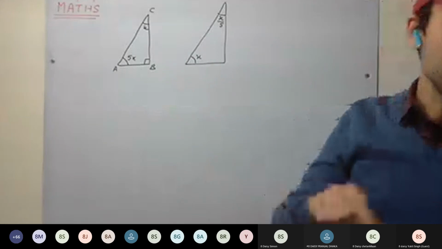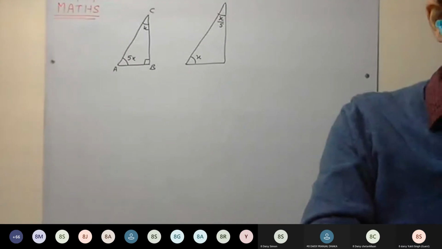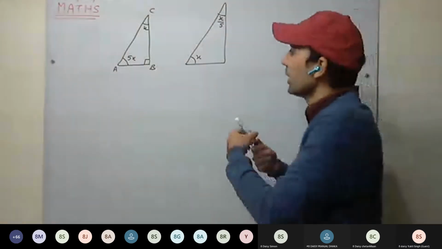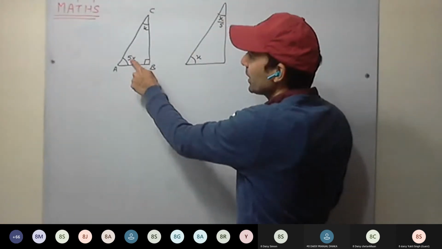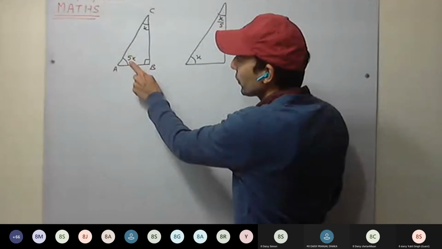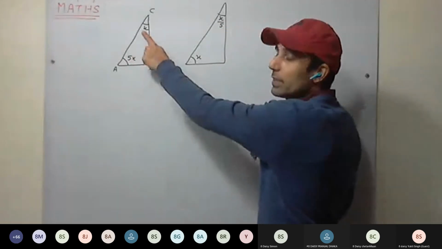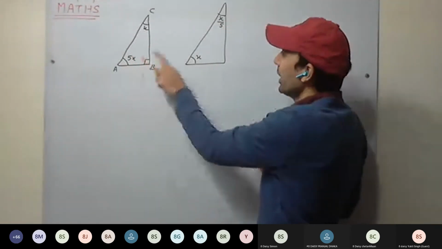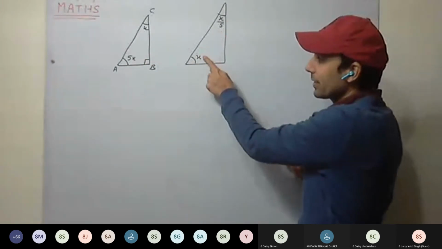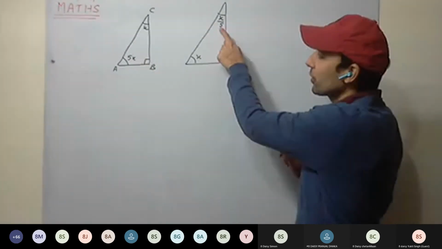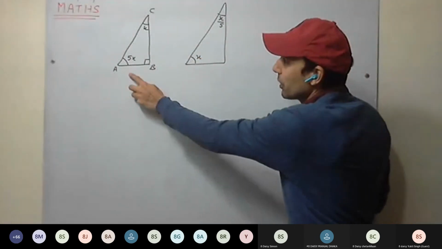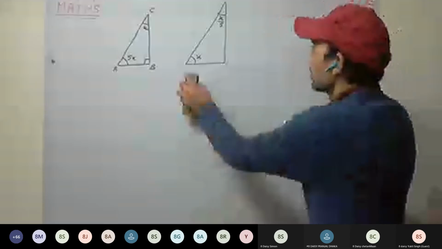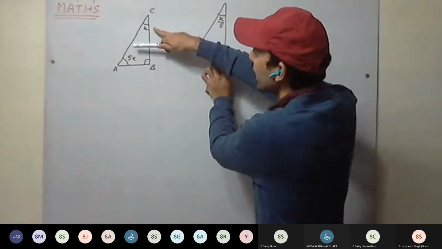Okay. So in a right angle triangle, one of the acute angle is 1/5 of the other. If one angle I am taking X, other I am taking 5X. Okay. How they are related? This angle C is 1/5 of the angle A. And here you can take it like this as well. If this is X, it will be 1/5 of the angle A. Any diagram. So I'm going with this. So smallest angle is angle C.